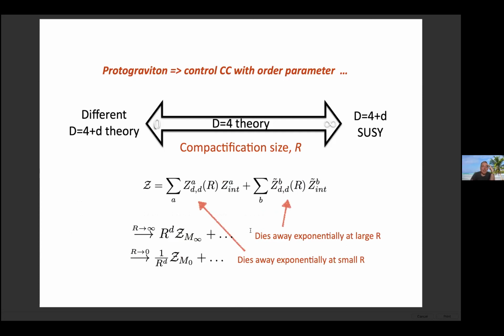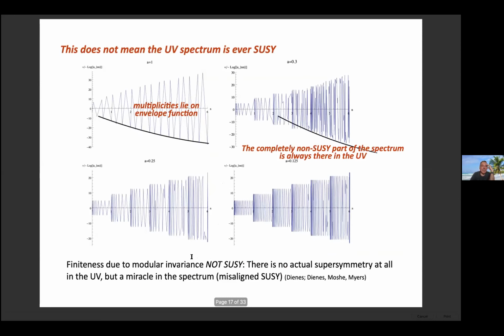Right, so this is what's happening to the partition function as I do that. You can think of it as having two components: one belongs to the non-supersymmetric theory and one belongs to the supersymmetric one. As I change the radius, the contribution from one half will die away exponentially and leave the other one. As my radius goes to infinity, I'm left with something supersymmetric with a volume factor, so I get the R to the D volume factor for the partition function. And if R goes to 0, I get something which is non-supersymmetric. So that's the way the phenomenology falls out of it.